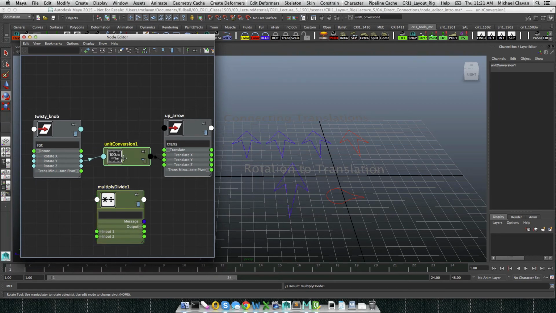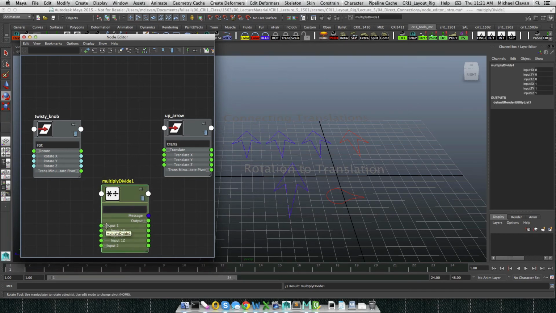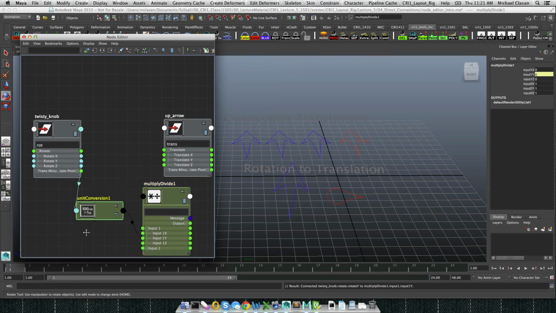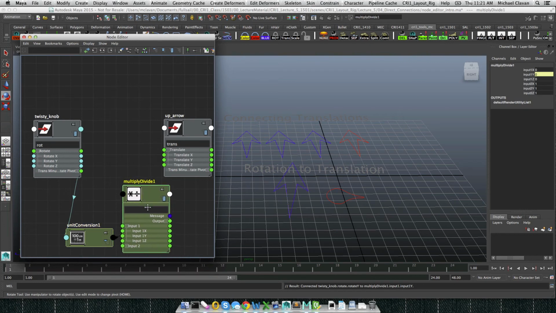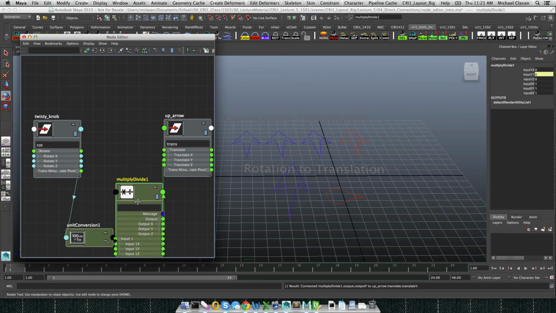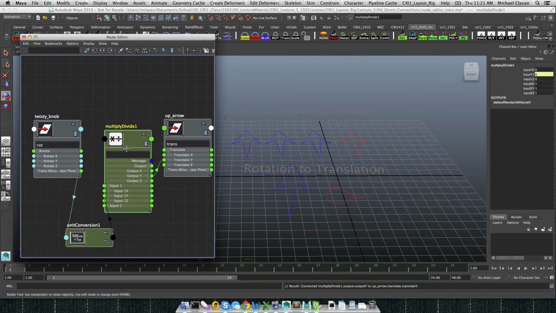As a matter of fact, I'm going to delete this conversion because this is actually going to pop back up again when I do this. So I'm going to actually take this as the rotate Y, and I'm going to put it into here. Oh, cool. It already did it there, so that's fine. So we're taking a rotate Y from this, and now what I want to do is take my output of that same Y and take it up into translate Y here. Okay. You're like, well, what did we do right there? Well, this whole purpose of this node is that it takes values coming into it. Matter of fact, let me